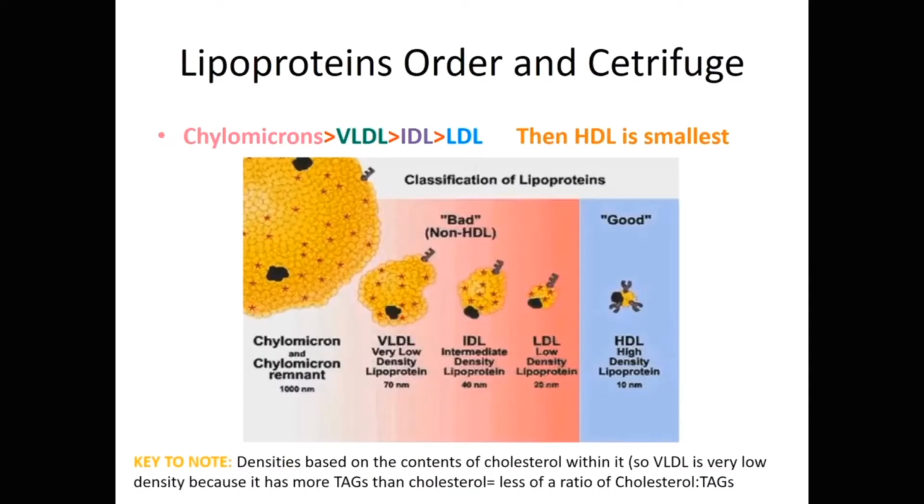So to first start things off, we need to understand what lipoproteins are and how we find them. Lipoproteins are packaging molecules that carry triacylglycerides, which are your TAGs, and cholesterols and cholesterol esters, and they carry them around in the blood. They're organized from very large molecules like the chylomicron to very small molecules like the LDL and HDL